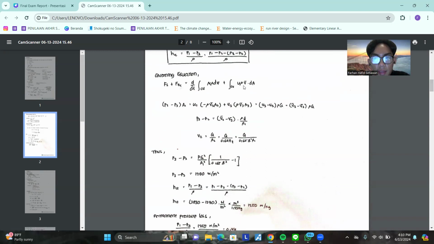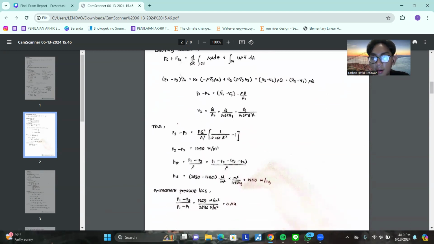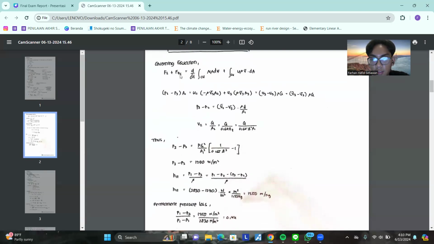V P rho V times dA. Okay, we substitute this Vs plus Vbc by the basic equation of force. We get P2 minus P3 times A1 is equal to U2 minus rho V2 A2 plus U3 times rho V3 A3. We can simplify that equation to P3 minus P2 equals V2 minus V3 times rho times Q per A1,